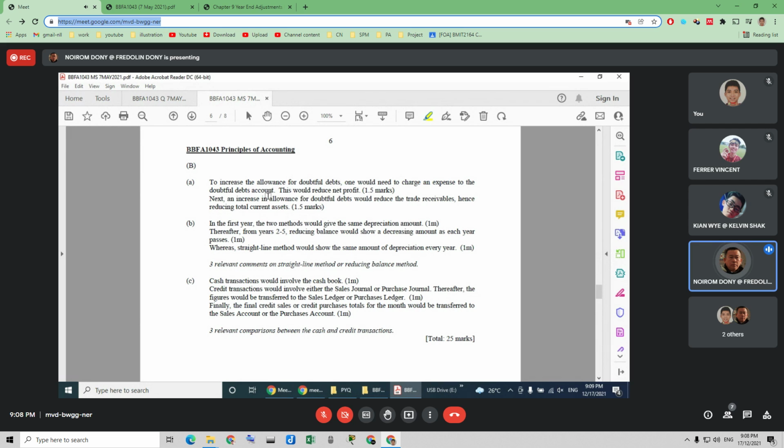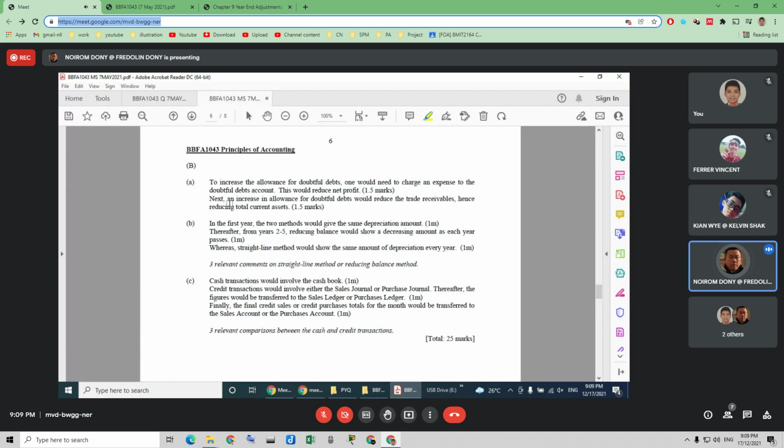And then if there is an increase in allowance of doubtful debts, what happens to the trade receivable? In the current asset, you have the trade receivable, and you need to minus the allowance of doubtful debts, isn't it? So if the allowance of doubtful debts increases, definitely the amount deducted also increases. So that is why